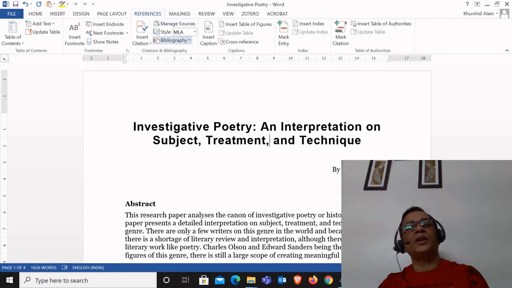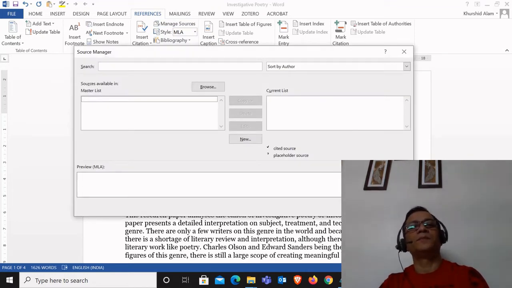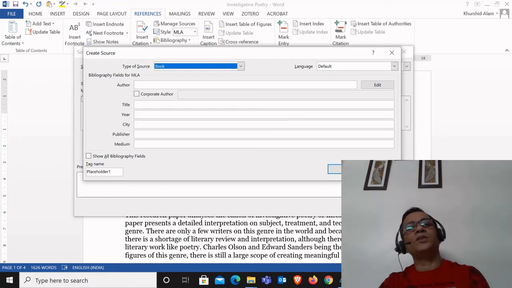Here you can see the option Manage Sources. Click this button. This source manager will appear. This is actually a list of bibliography. So here you can find a button New. Click this button. The first option is Type of Source.